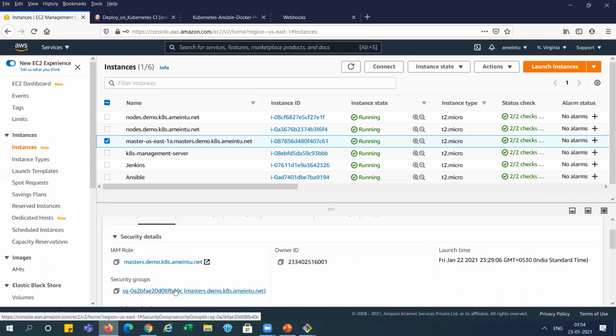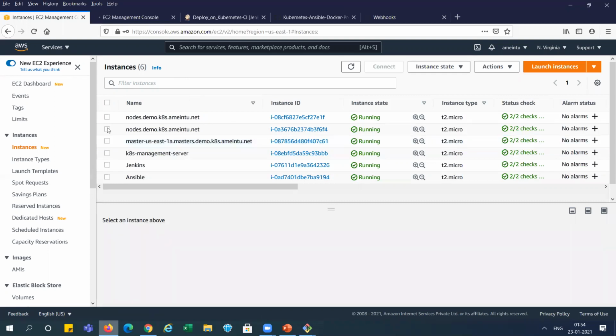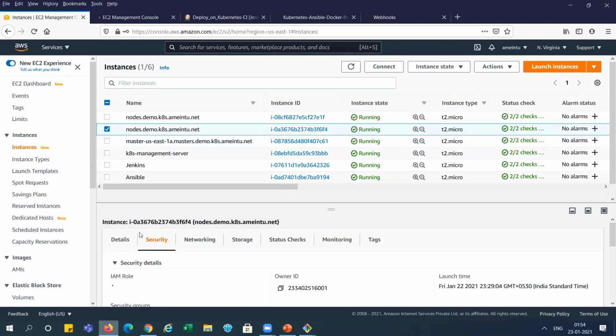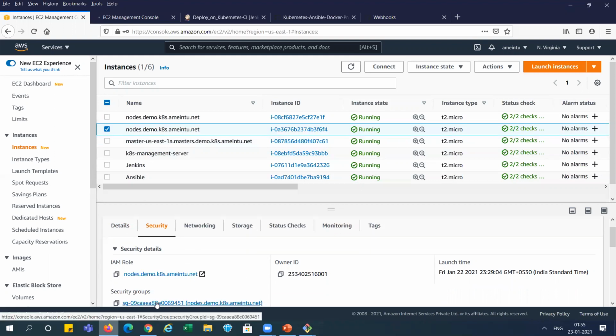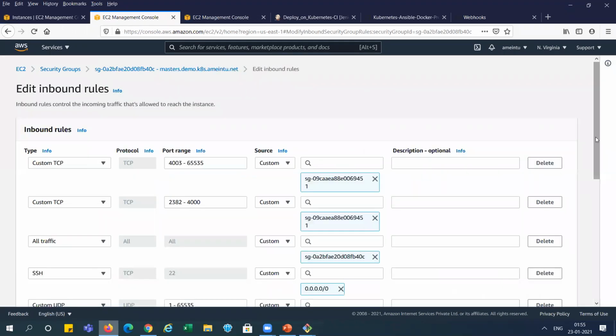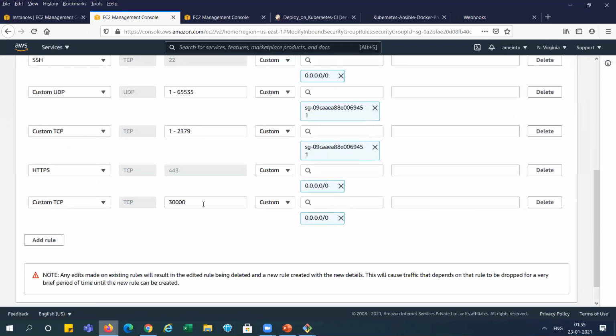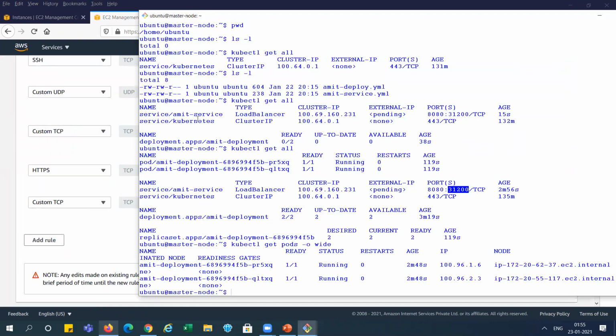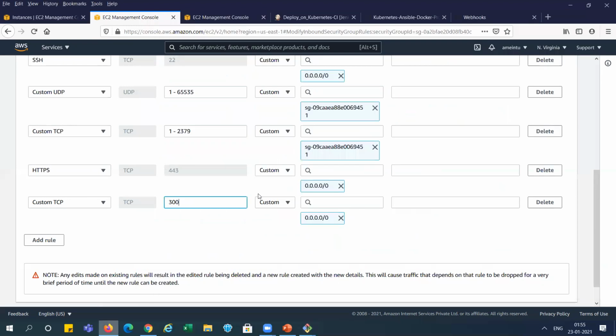This is the security group for the master server, and I am opening it for the node server also. You can see edit inbound rule. It is not open for 30,000, but our requirement is 31200, so I'm editing it to 31200.